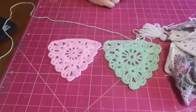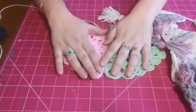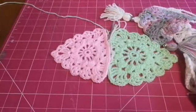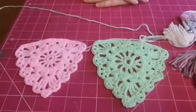But they are a nice little pattern. You could make lots of them, I suppose, and sew them together. They would sew together in diamonds, wouldn't they? And they'd make a really, really pretty blanket. A lot of work, mind, but really pretty blanket. But a lovely little way of using up